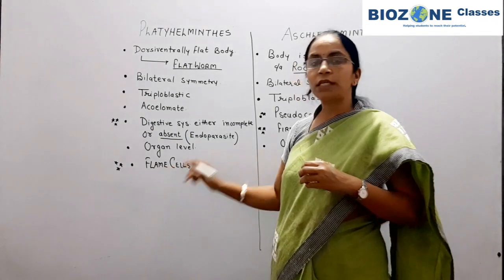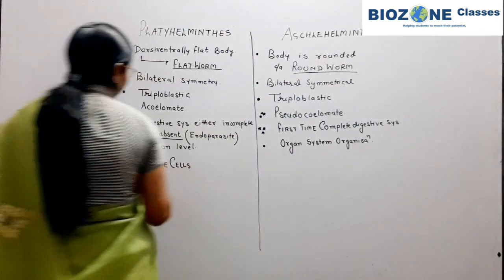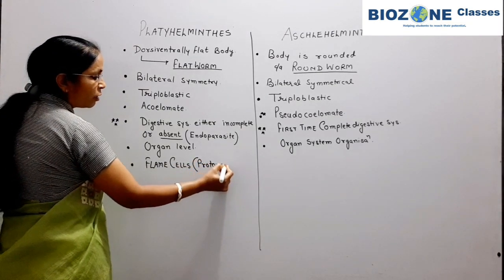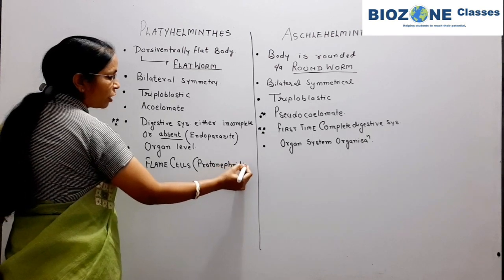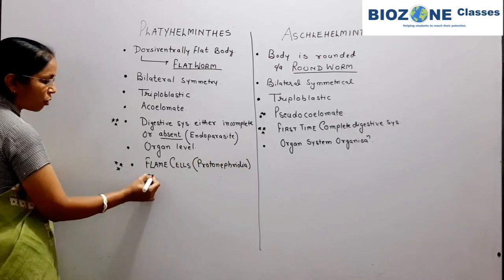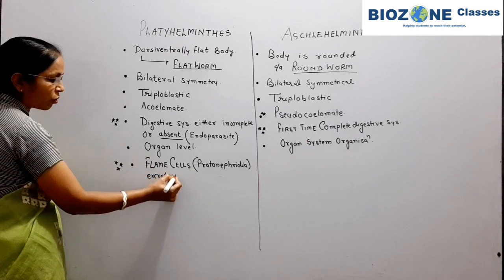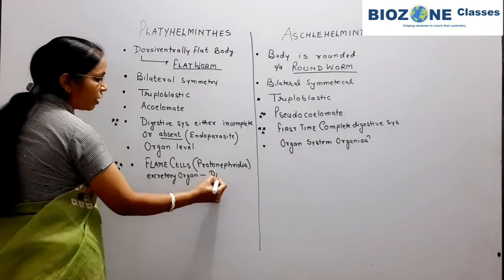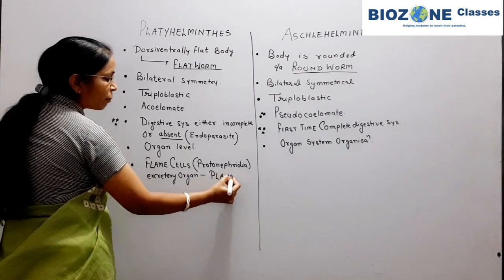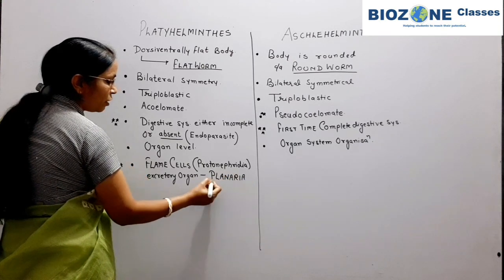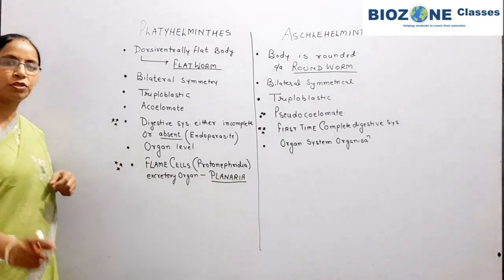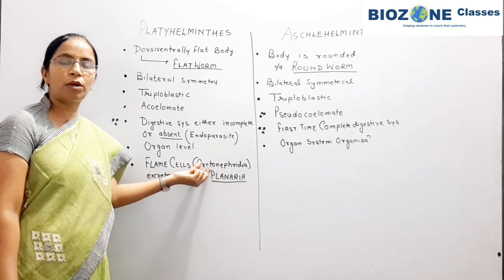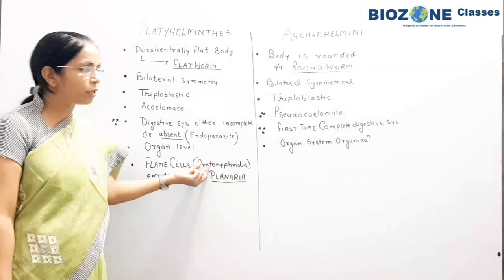So in that part, flame cells के लिए one another name is provided. So flame cells, you remember, are also called protonephridia. So flame cells or protonephridia, you remember, are excretory organs, and these excretory organs are present in planaria. So this thing you remember: the member planaria of Platyhelminthes show the development of the excretory organ as flame cells, or flame cells are also called protonephridia. This is clear to all.